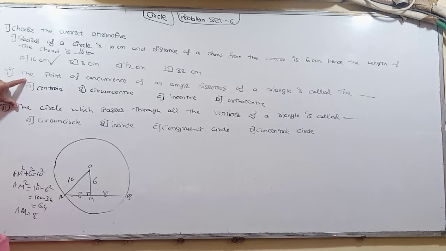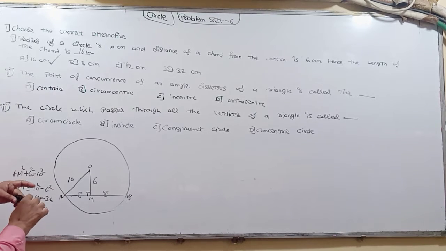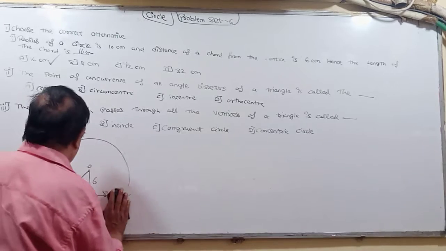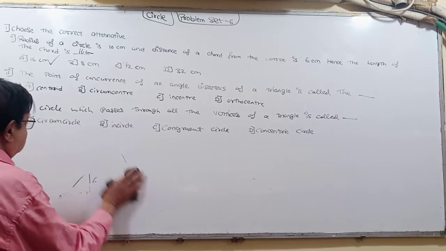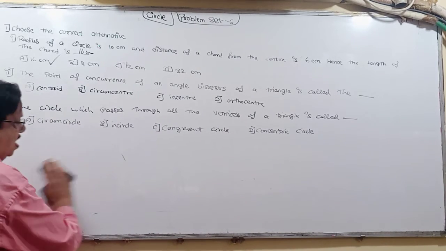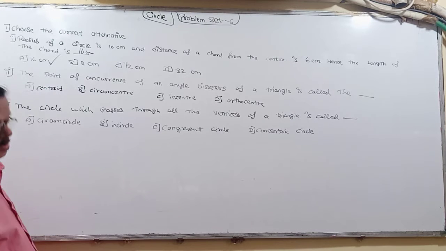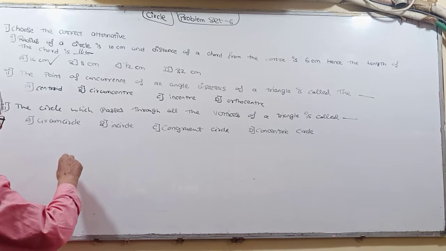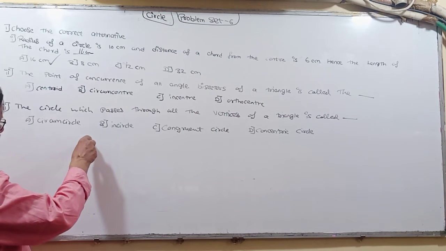The point of concurrence of the angle bisectors of a triangle is called... This is given for the construction of incircle and circumcircle. I am telling you what an incircle, circumcircle, etc. are. See, if there is a triangle